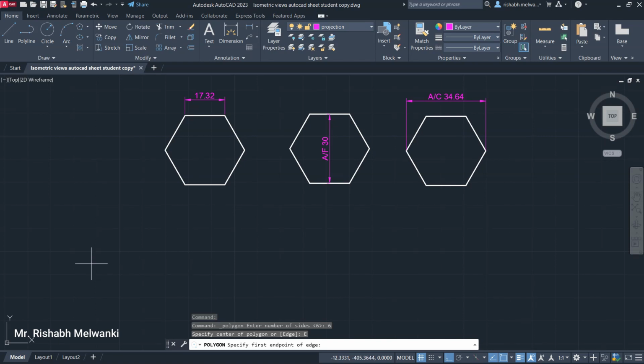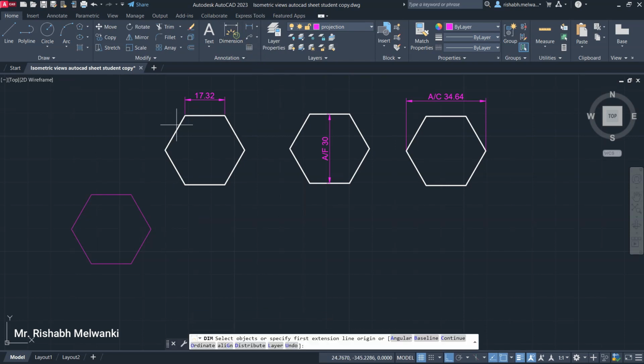This is the first point of the edge, and for the edge length, see here either we can get corner type or edge type. So I want corner type. Now the edge length is 17.32, enter. So we have created this same type of hexagon over here using the edge method. We'll verify the dimensions,